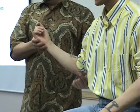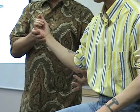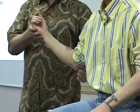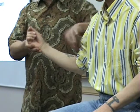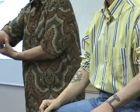What bone are the medial and lateral epicondyles on? Is it the humerus, the radius, or the ulna? You have the humerus, right? You have these epicondylar ridges. The epicondyles are on the humerus. Okay,